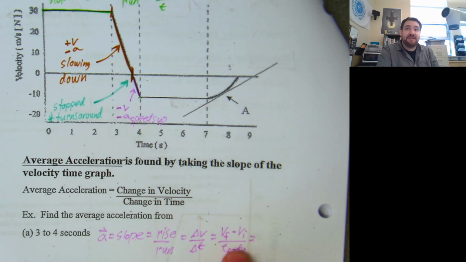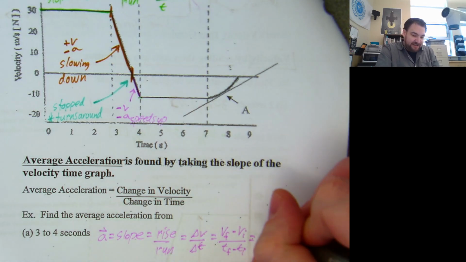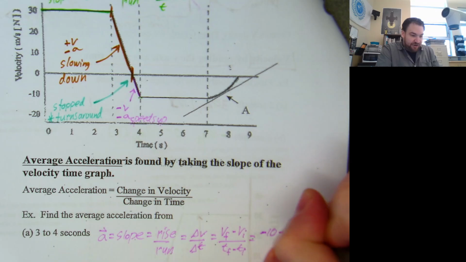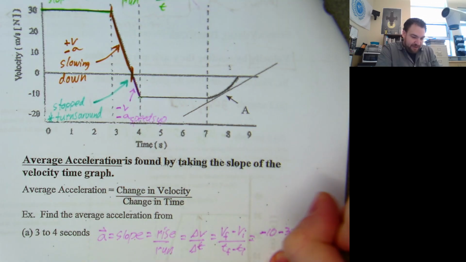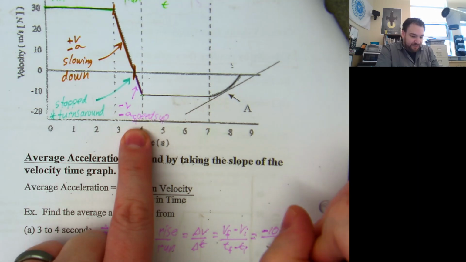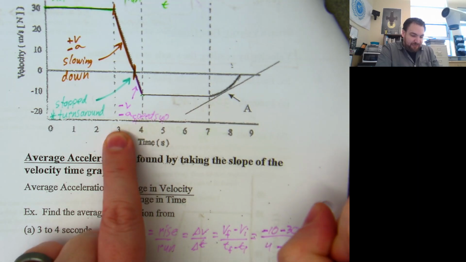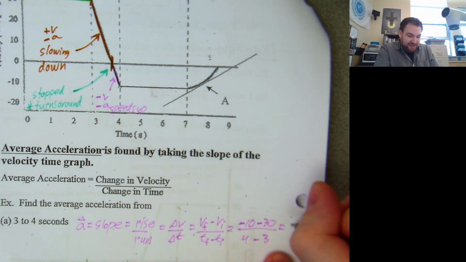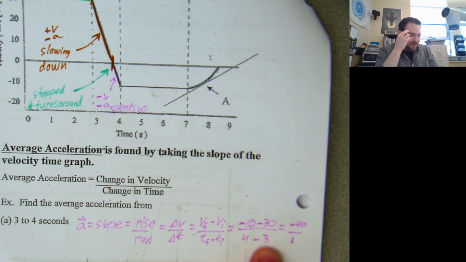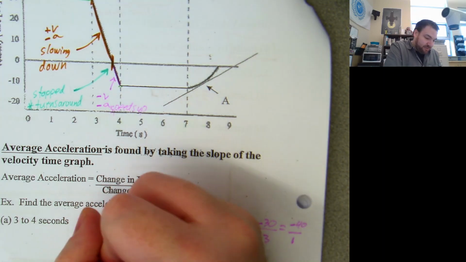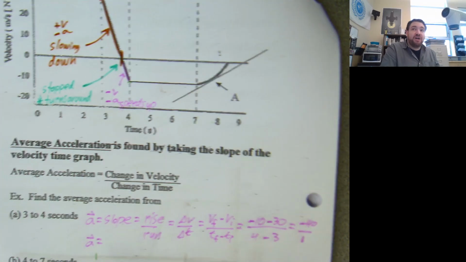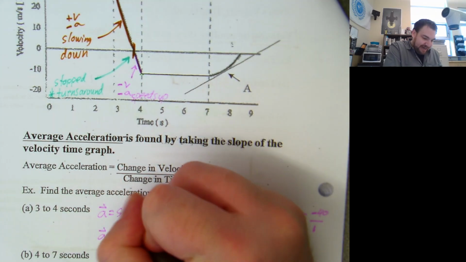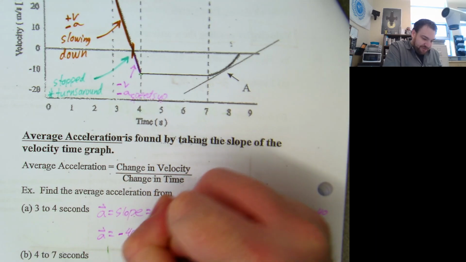So if I'm going to plug this into this calculation down here, final velocity is negative 10 minus our initial velocity of 30, divided by our final time of 4 minus our initial time of 3. Negative 10 minus 30 is negative 40. 4 minus 3 is 1. So then the acceleration for this chunk of time is going to be negative 40 meters per second squared,